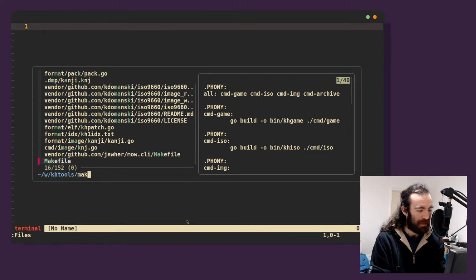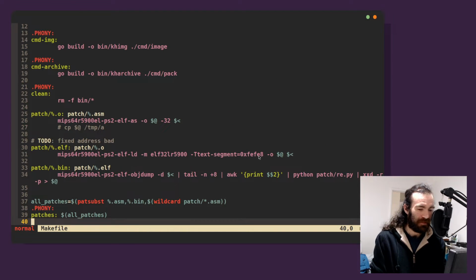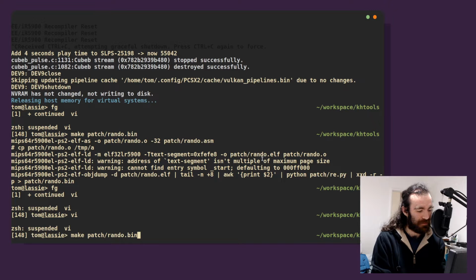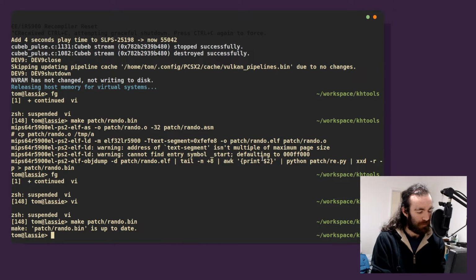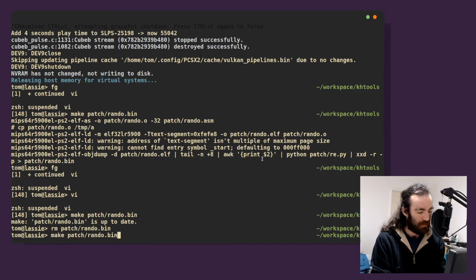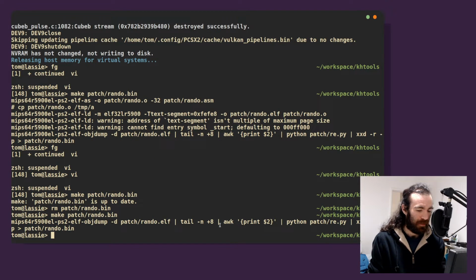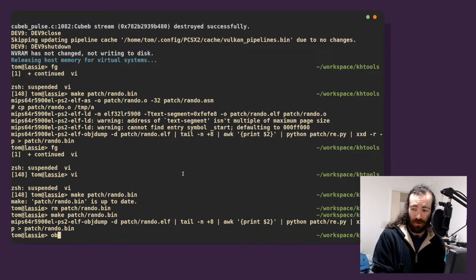So I went into my makefile, right? And I broke all of my other patches to fix this one. But basically, if I change this back to FF1000, we get a little problem. Patch, remove it, and then make it again. We get rid of all our warnings, right? The problem with this is if we go objdump, no, if we go readelf,